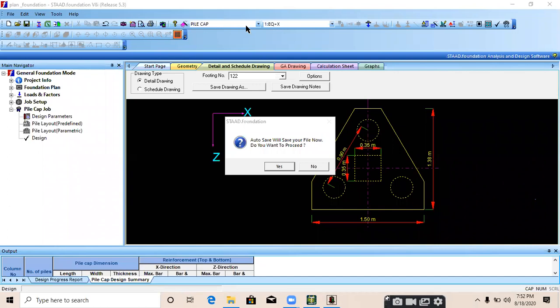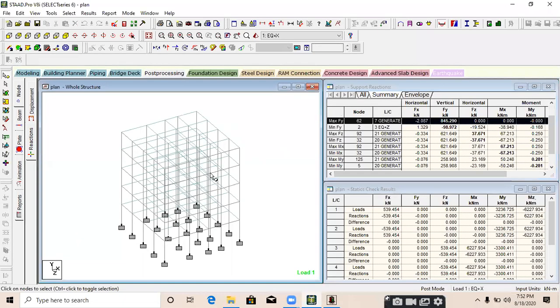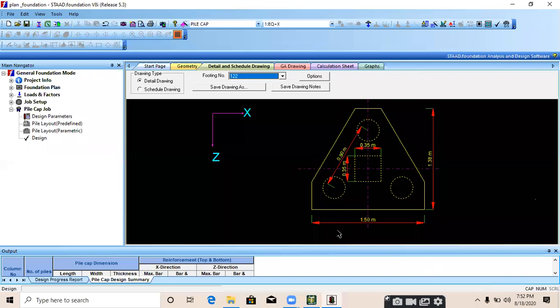Mostly we model a building, apply all the load in ETABS, and transfer that file to SAFE for the foundation design. Like we are doing in StaadPro also. We model the building in StaadPro, apply all the load in StaadPro, and design the foundation with STAAD.foundation, like that.